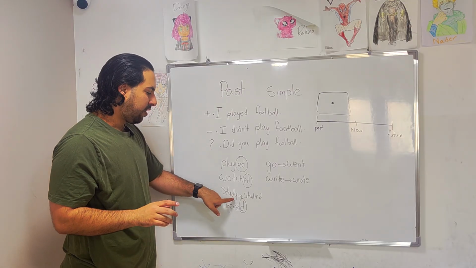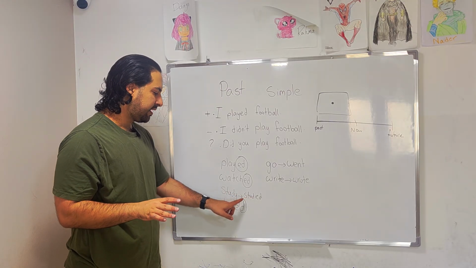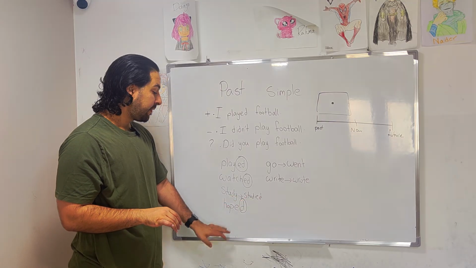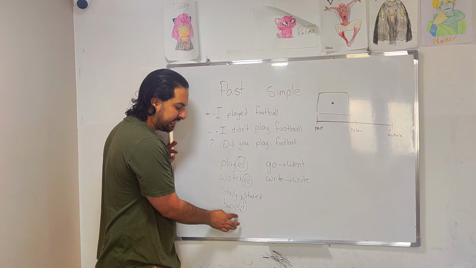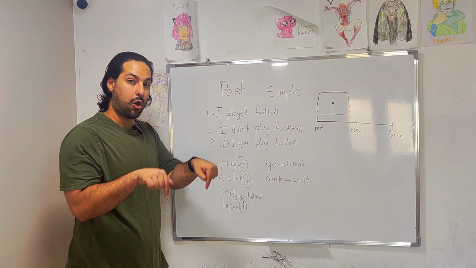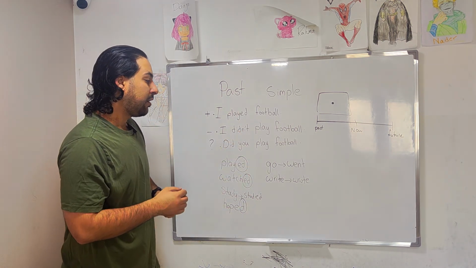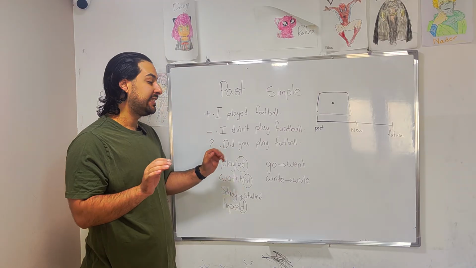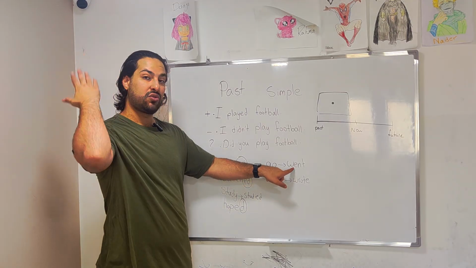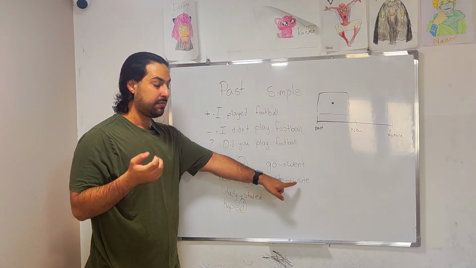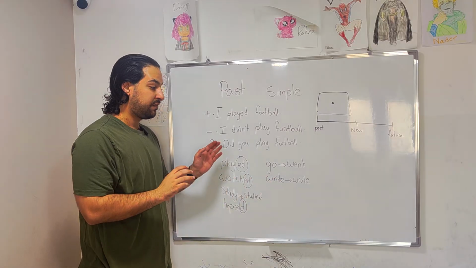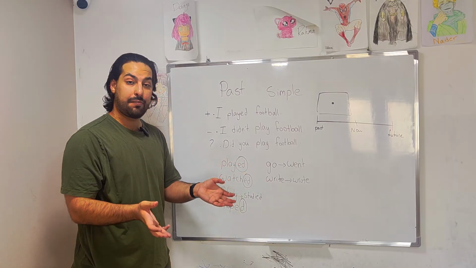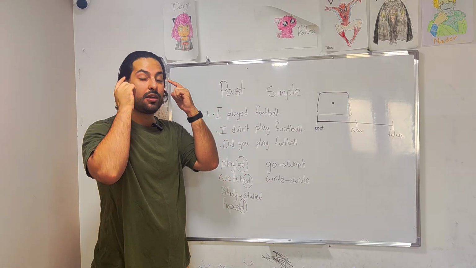They're all the same. We have some irregulars. For example, for y, it's the same thing. We remove the y, we add ied. So study becomes studied. Hope already has an e, so we just add d. So hope, hoped. Now, other verbs are irregular, which means we do not add ed. So go becomes went. Write becomes wrote. So you have to look at the book you studied at school or a book that you're using for the exam to memorize these verbs and remember them.